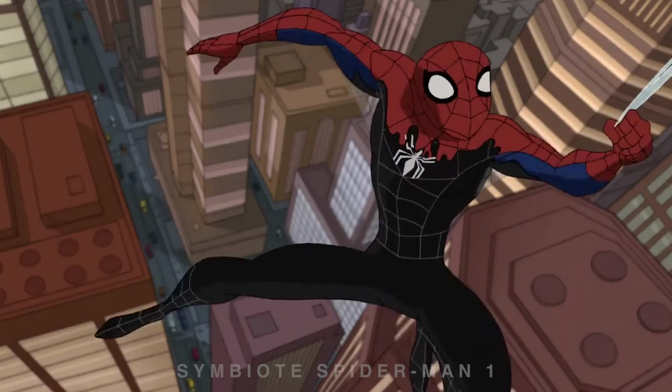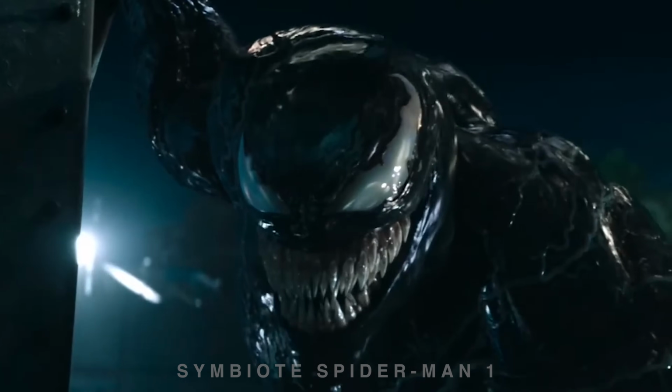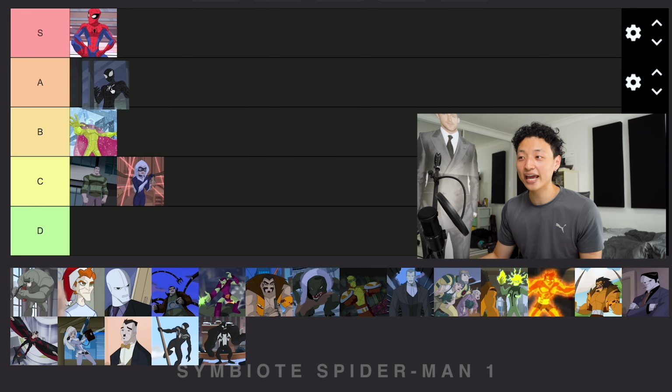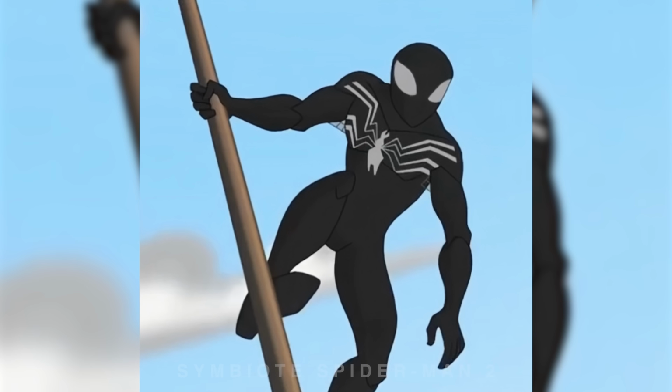Because when you look at, I don't know, Tom Hardy's Venom, that just looks like pure symbiote, like pure alien. This looks like Spider-Man and symbiote working together. Also, I like how minimal they kept the lenses, like just flat white with the little eye shape. Pretty cool. So I'm gonna put this Spider-Man in A, actually. Yeah, A. So next we have second stage symbiote Spider-Man where his white emblem is kind of just growing across